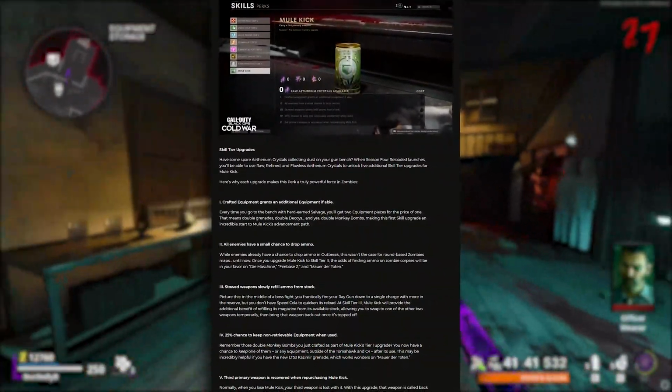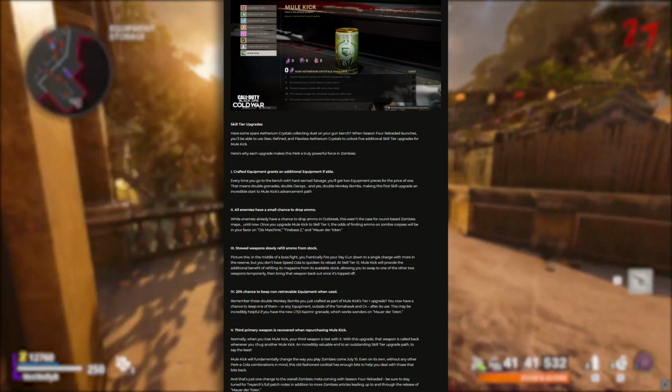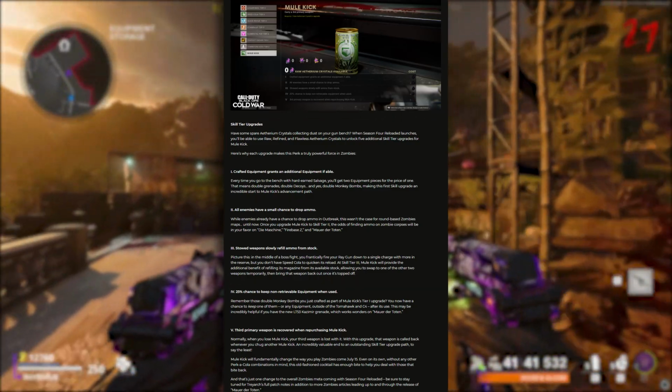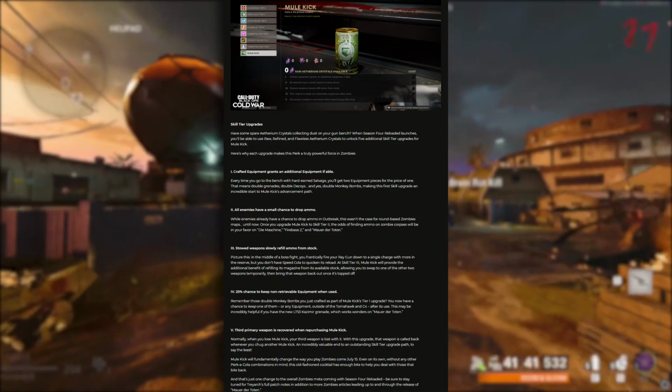Anyways, moving on to the final tier, 3rd primary weapon is recovered when purchasing Mule Kick. Now this ties it all together. I think Mr. T-Lexify said it best himself. This is probably going to put Mule Kick in one of the top 3, if not top 4 perk slots